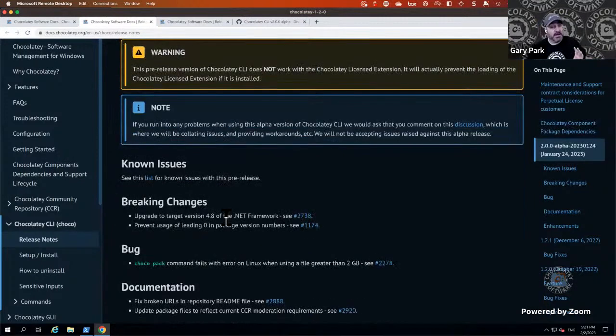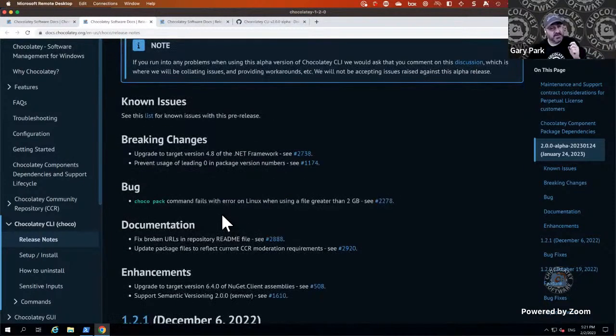Okay. The next thing I wanted to address is the list of breaking changes. So there's two main breaking changes. The first one is the biggest one. So in this version of Chocolatey, the alpha, and going forward, we're going to take a requirement on a minimum version of the .NET Framework, which is version 4.8. Now, prior to this release, the only thing that you needed on the machine for Chocolatey to run was .NET Framework 4.0 and above. So we are opting in, and we're now saying that we want as a minimum .NET